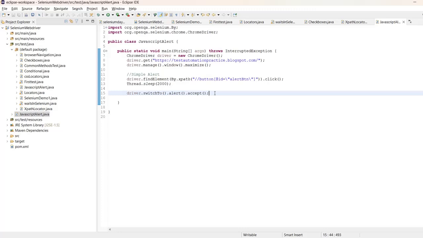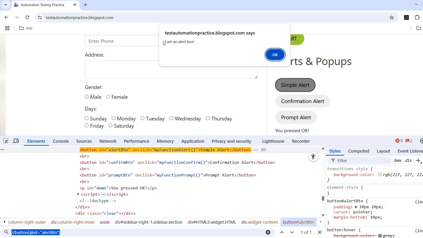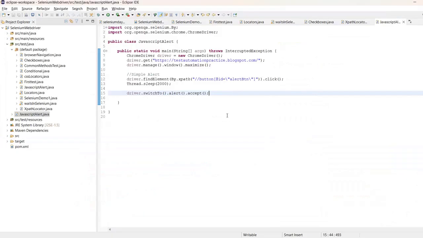Now let's talk about something else. On click of this, here you have some text. How can you get the text of this? You can get the text directly after switching to this window, using just a simple get text method. So let's do that. Instead of this, let's remove this and first